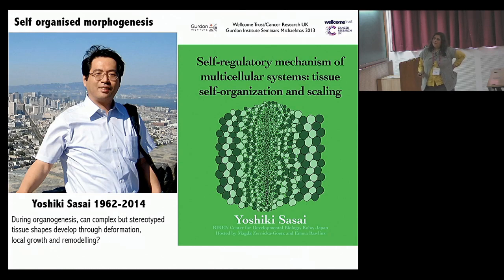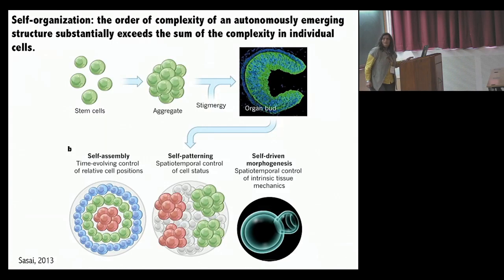But what Yoshiki Sasai bravely asked was whether you could actually do away with a lot of these inductive influences and still generate fairly stereotypical but complex shapes. And if so, what mechanisms might contribute to this? And so there are reasons, I mean, there is evidence to suggest that